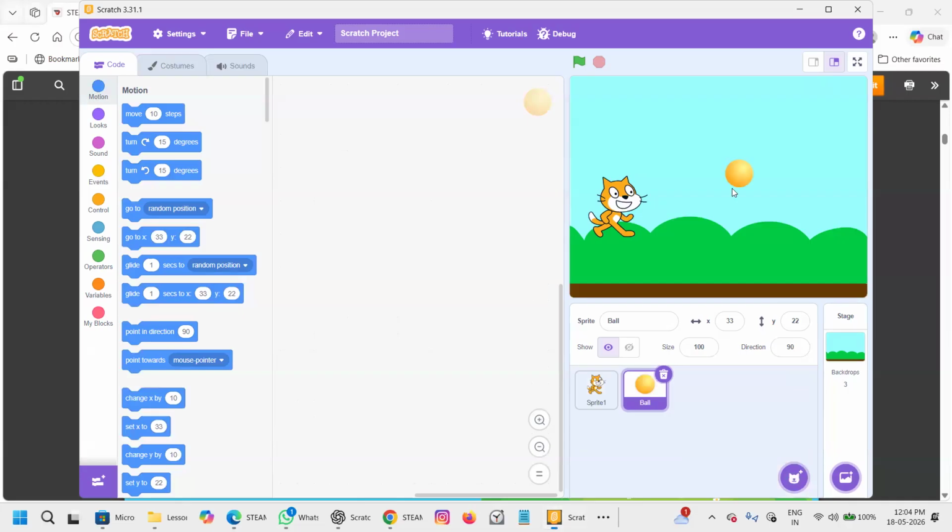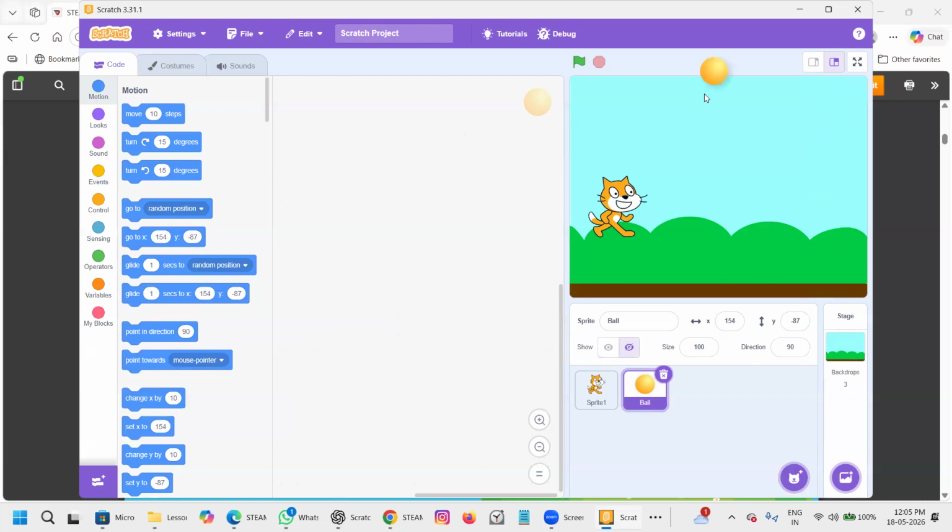Okay. I choose a ball. I can bring it anywhere or I can bring it here. If I drag, I can take it over there. Wherever I want to place, I can place. I will come to that later, how it is happening.